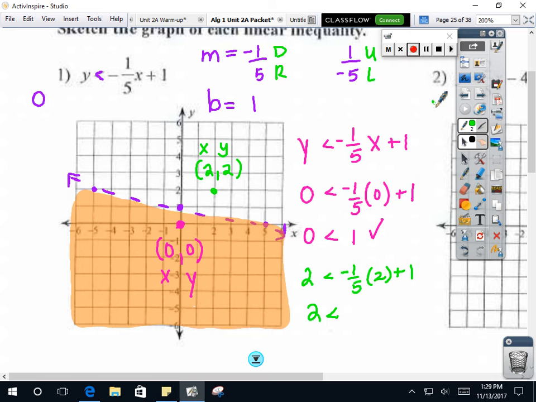What do y'all get? Nobody's typed this in yet? Y equals, we'll type in the fraction,